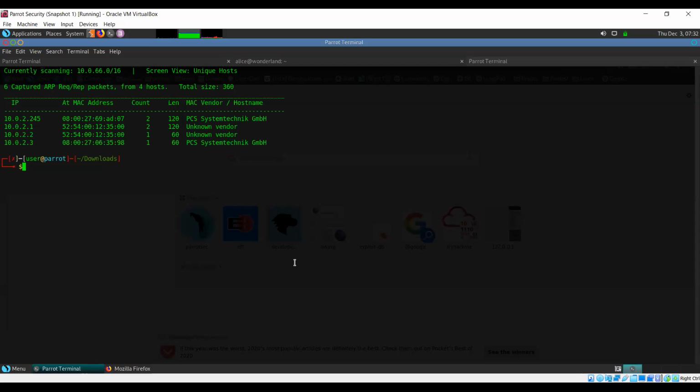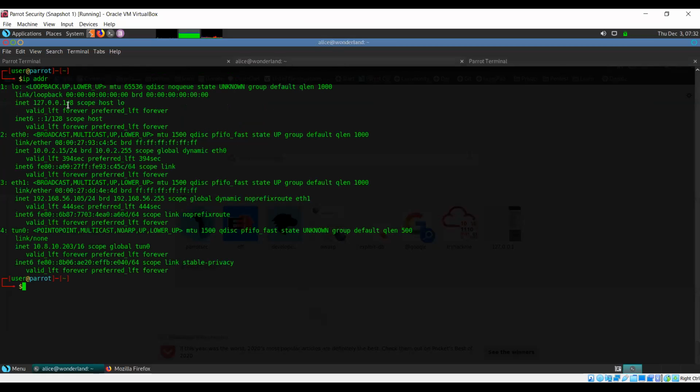For my Parrot system, I currently have two adapters configured. That is why you are seeing multiple results. One is loopback. Loopback is always going to be there. One is Ethernet 0, one is Ethernet 1. This one is a host only adapter, and this is just a tunnel connection which is temporary.